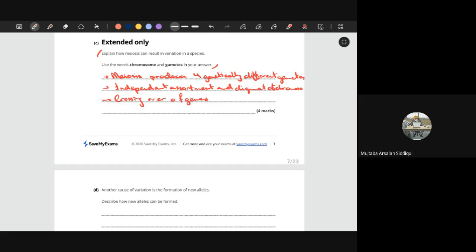I'll go back to the diagram and tell you what I mean. And due to random fertilization of gametes. Okay. So if we go back,